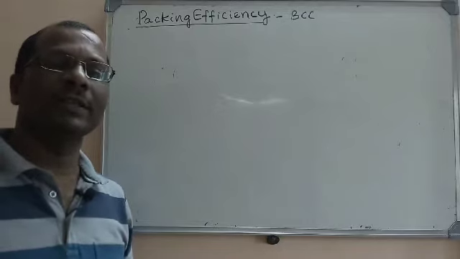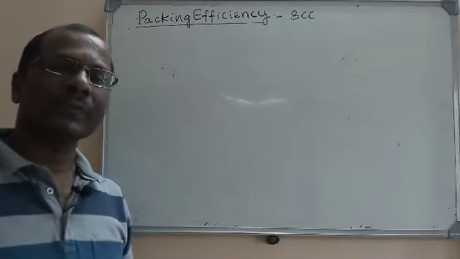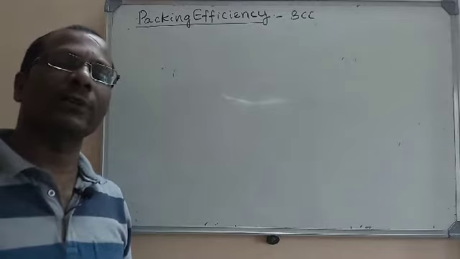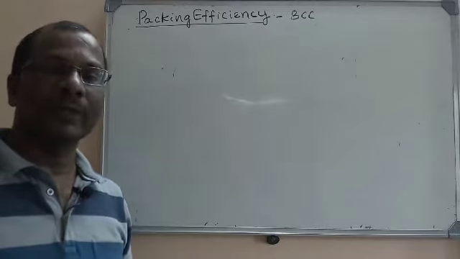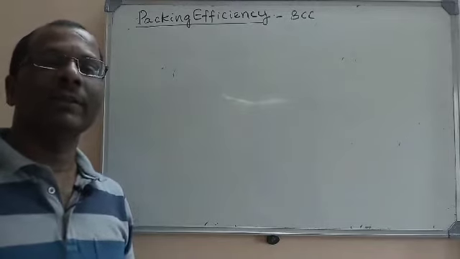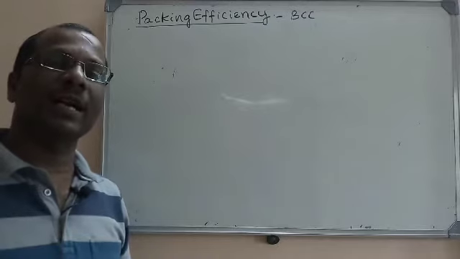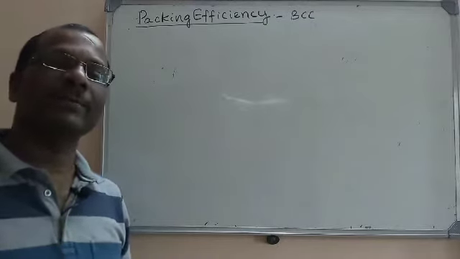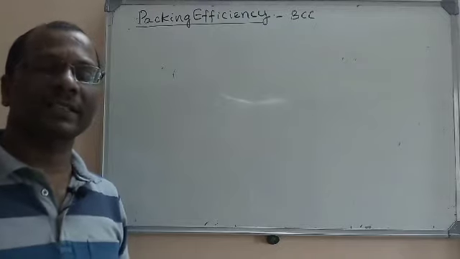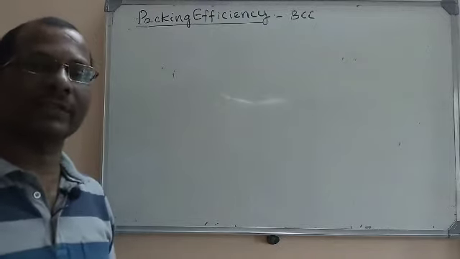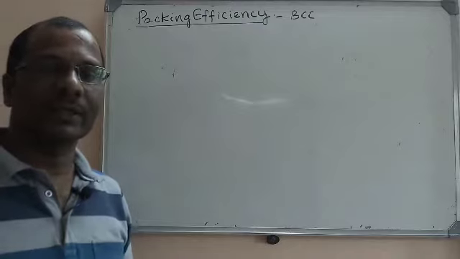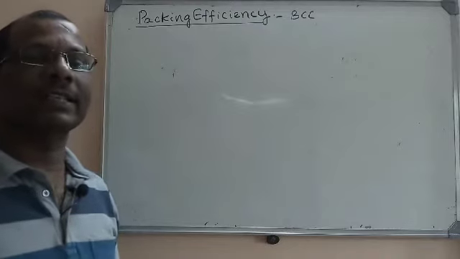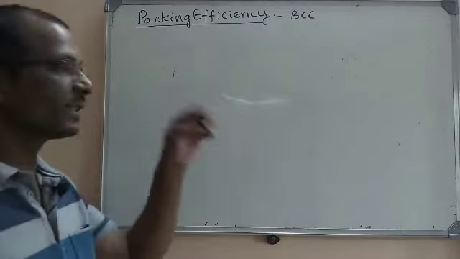Unit cell will be in cubic structure, so the volume of a cube is given by a cube. I told you that a will be expressed in terms of the radius of the sphere r. a will always be expressed in terms of radius r. That is what we do in the calculation of the packing efficiencies. So let us go for the calculation of the packing efficiency of BCC now.